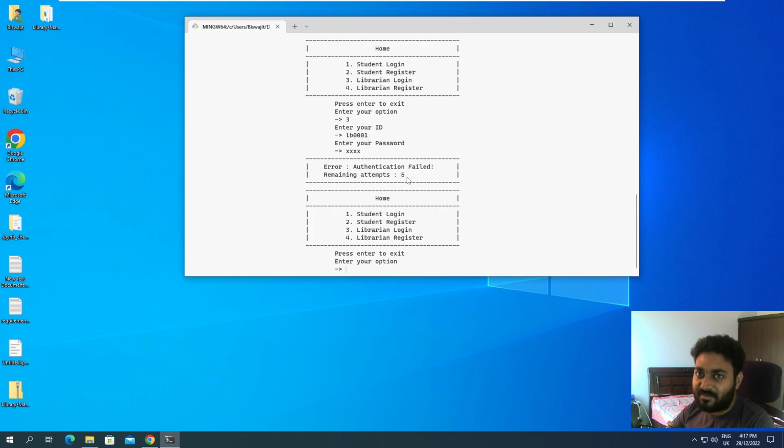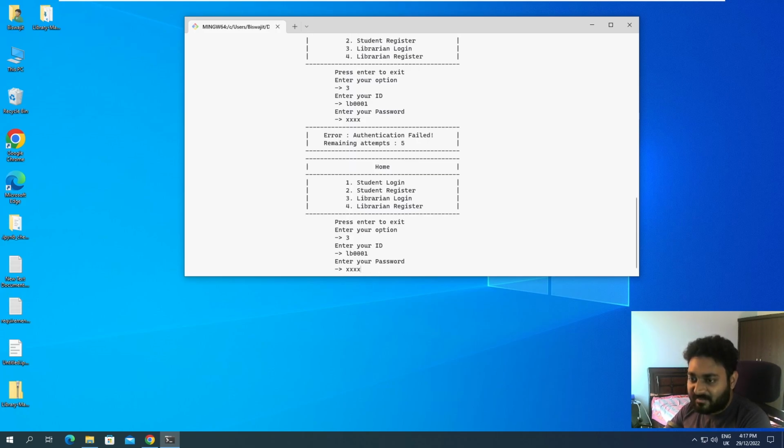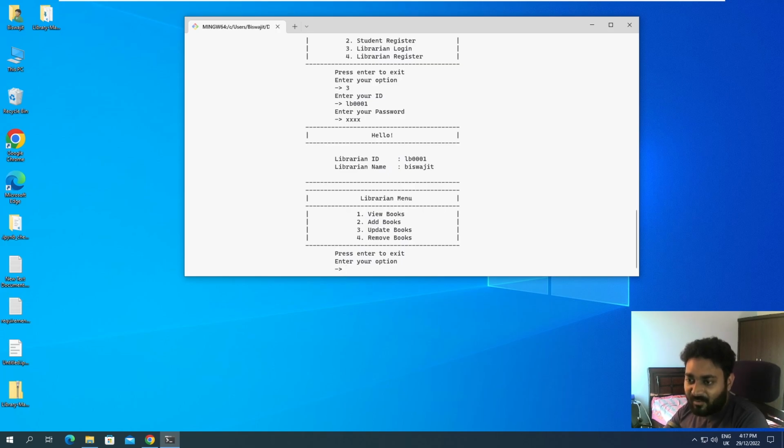Okay, so here also if you give more than 5 wrong inputs, the program is going to break. Okay, like a small check that I have put. Trying to emulate some real life scenario, but hopefully this is not very complicated for you. And if I go to librarian login again, now we will do a genuine login, which is LB00001, and if I give the password, okay,